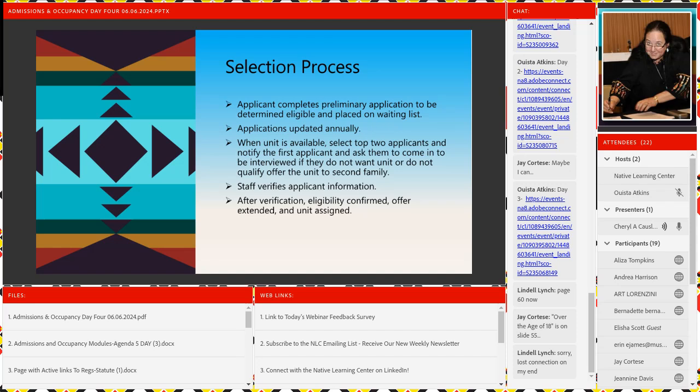Okay. So it's almost like a 3-step process. You extend the offer, you verify everything. Then you go and you talk to them and you say, we have to have conversations. You and your spouse, or all adults, need to come in here, and you run through the lease with them. That's when you tell them, you have those conversations with them. If you have any big changes in income, if you lose a job, if you gain a job, if you add another member of your family, should you get divorced, should you lose a member of your family,